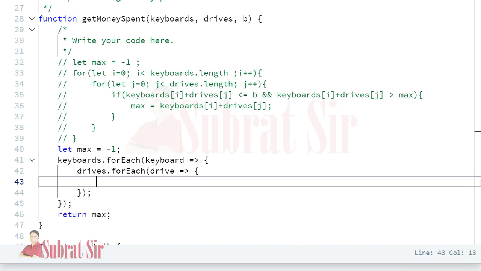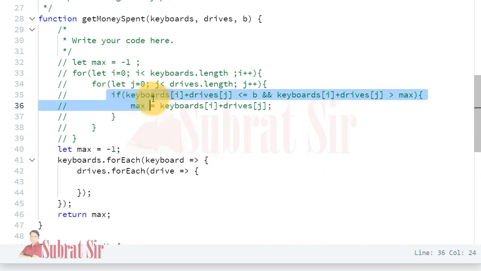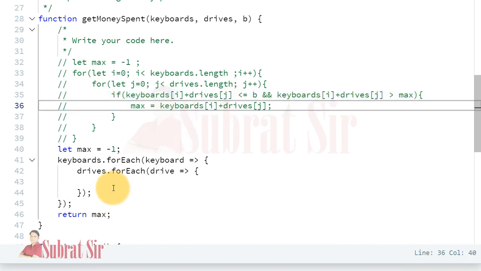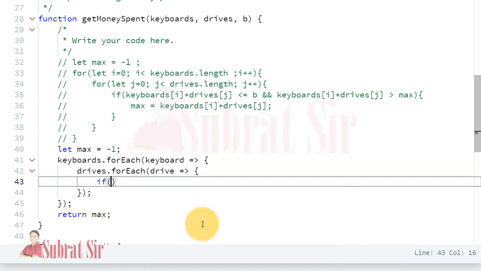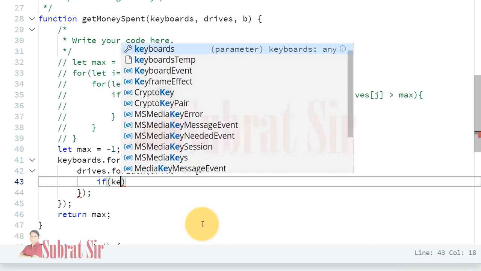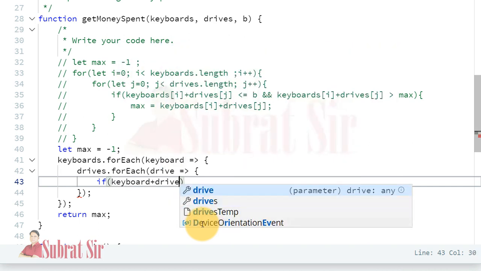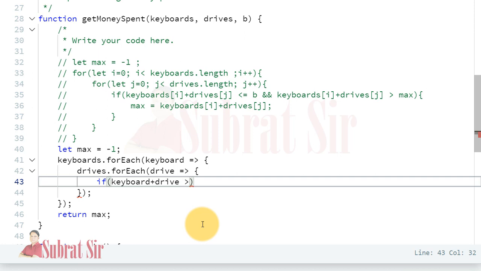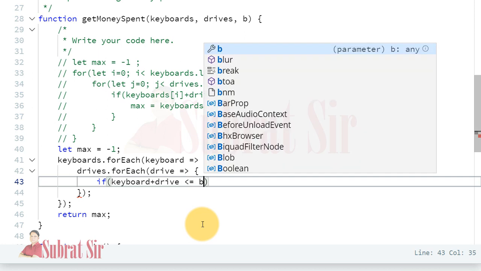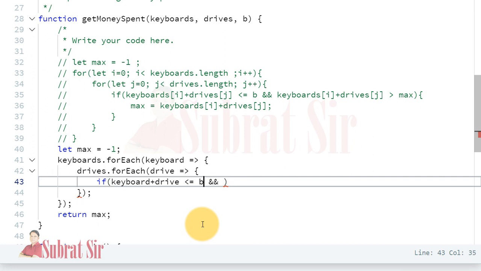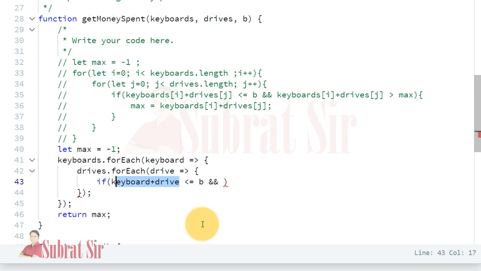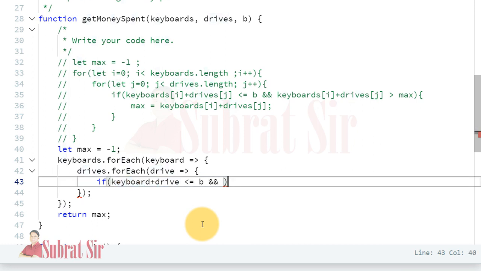Now we are at this position. So we will write this if condition, and condition is same, only the names are different, right? Here we have keyboard and drive. So keyboard plus drive is less than equal b, and the same keyboard plus drive is greater than max.